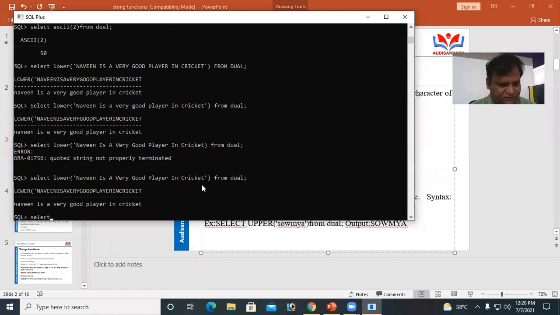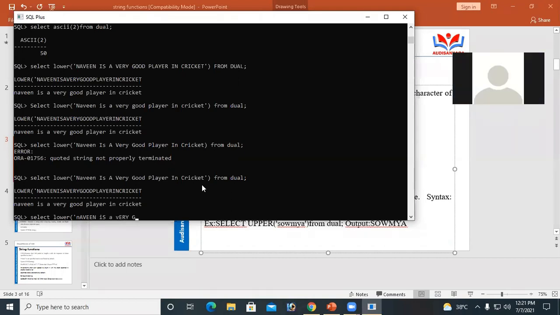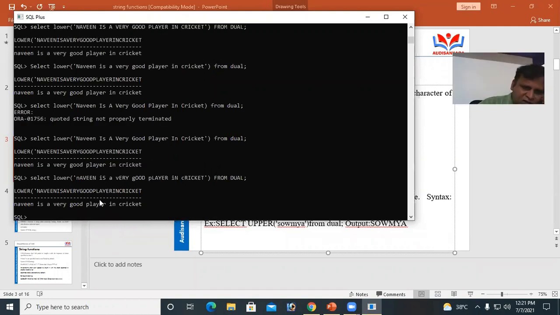Toggle case. SELECT LOWER of. There are 5 different cases.